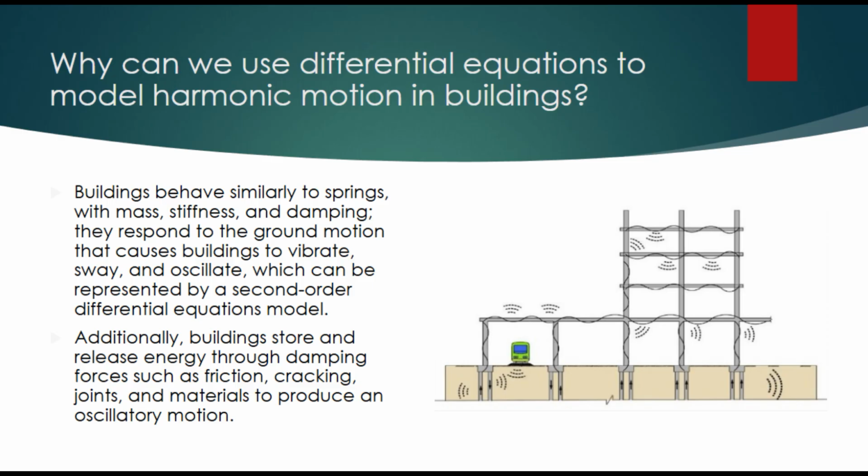the building. Why can we use differential equations to model harmonic motion in buildings? Buildings behave similarly to springs, with mass, stiffness, and damping. They respond to ground motion that causes buildings to vibrate, sway, and oscillate, which can be represented by a second-order differential equation model. Additionally, buildings store and release energy through damping forces such as friction, cracking, joints, and materials to produce